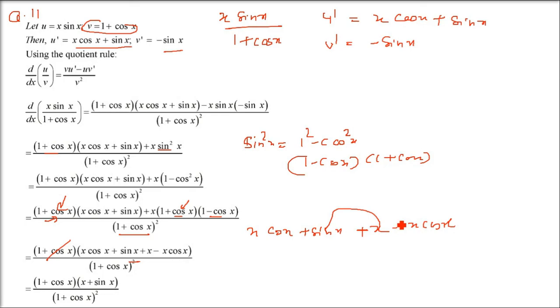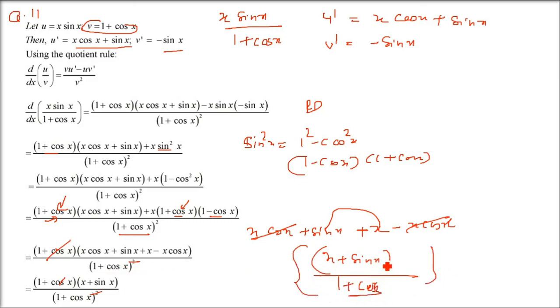But the answer in the book, I am just telling you, is x plus sin x into 1 plus cos x divided by 1 plus cos x whole square. I don't know why it is given like this, because 1 plus cos x can be cancelled against 1 plus cos x whole square. Normally you have to cancel it. Why they have given the answer like this, I don't know. It's beyond my comprehension. But in your exam, you have to write x plus sin x by 1 plus cos x. This is the correct answer. This is what you have to do. So I'll go with this.